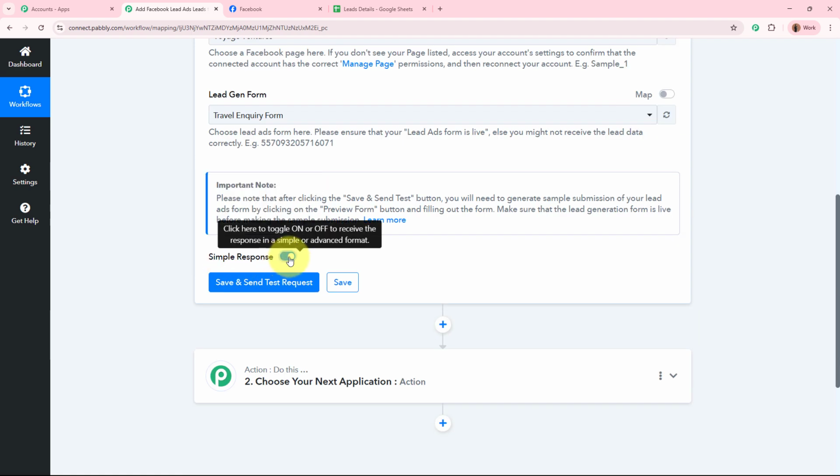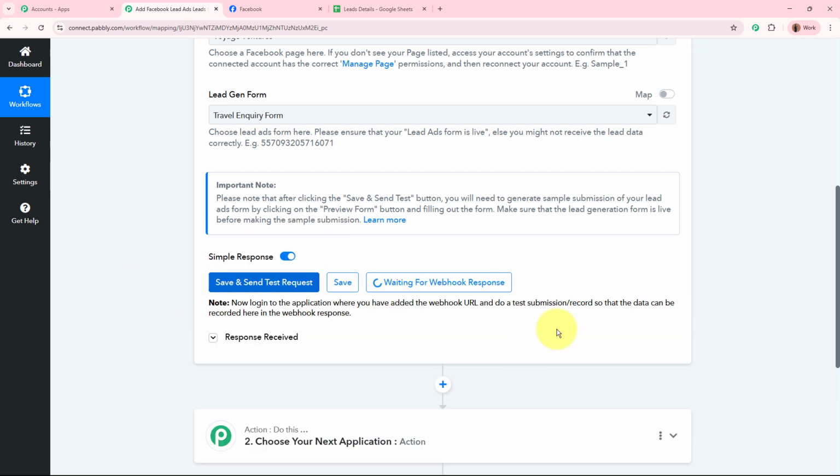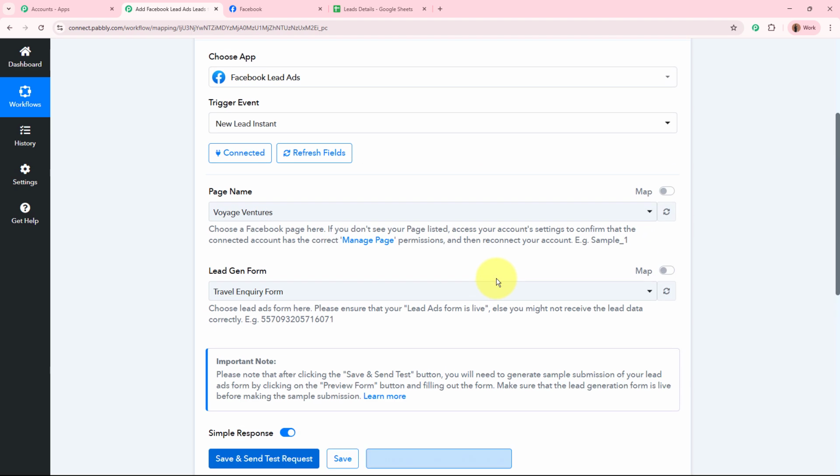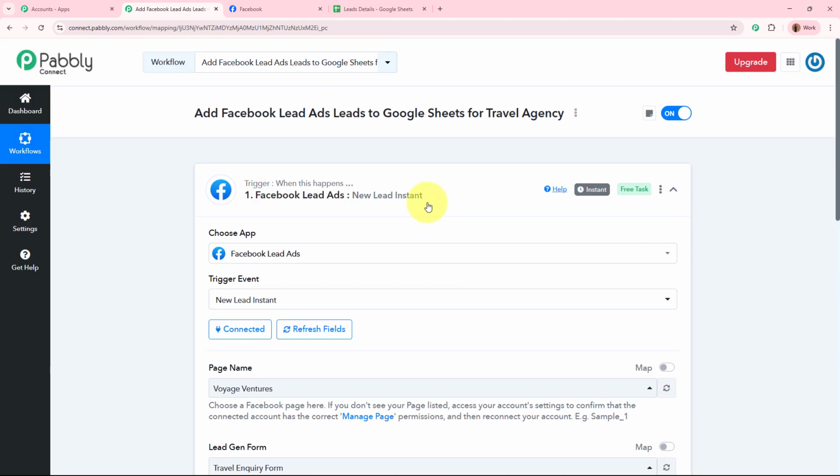I'm going to toggle this button on as I want the simple response in my trigger and then click on this save and send test request button right here. As I've done that, it says waiting for webhook response. So now to check whether Facebook lead ads is connected to Pabbly Connect or not, what I'm going to do